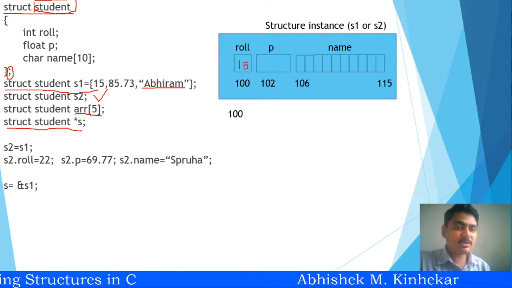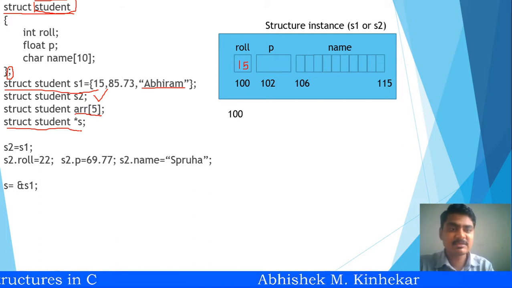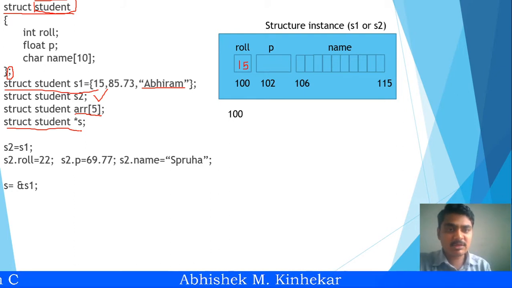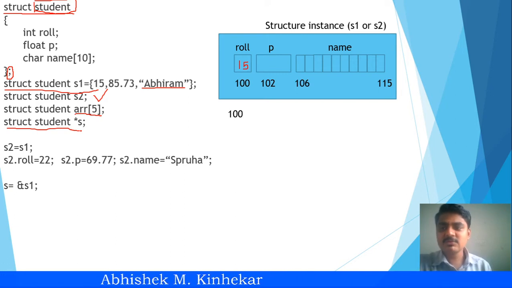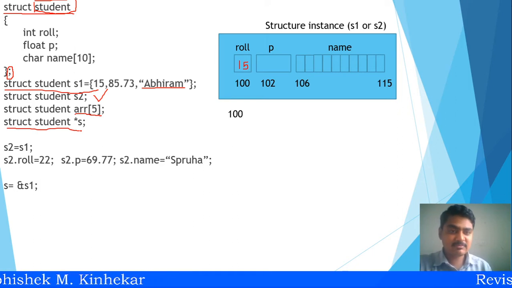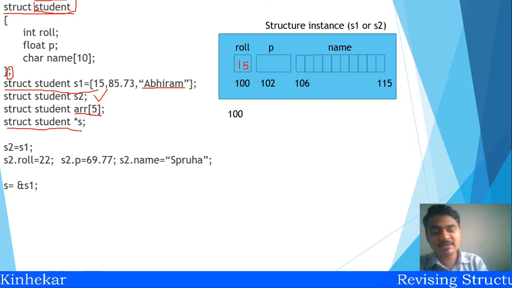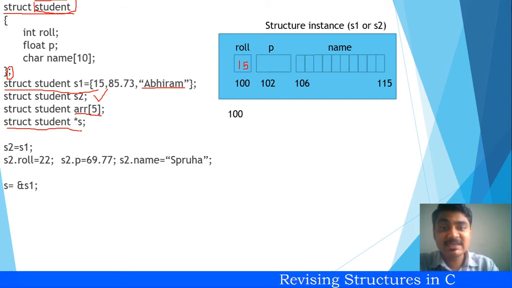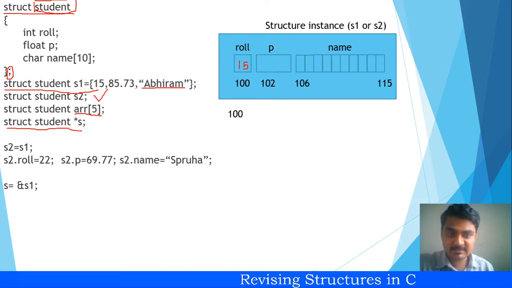As we all know, what is a pointer? A pointer is simply a container which contains the address of another variable. So what will be a structure pointer? A structure pointer is a container which holds the address of a structure, as simple as that. So struct student star s, you know how to declare a pointer. You declare a pointer with an asterisk, correct? So struct student star s means you are declaring a structure pointer by the name s which will be having the address of a student structure, correct? Now you want to access these values. Now this is how a structure is declared, this is how a structure is initialized, correct?